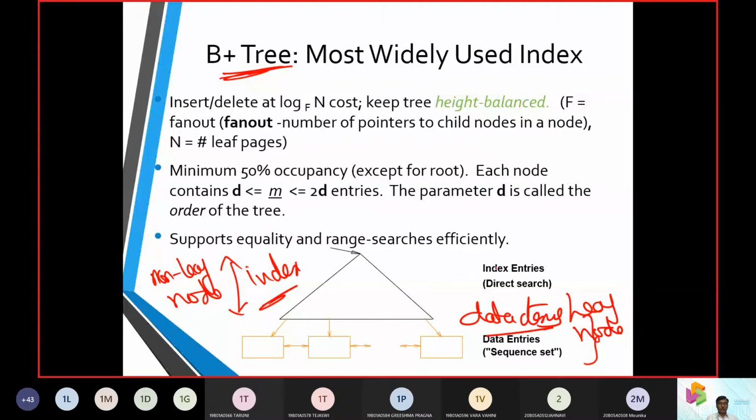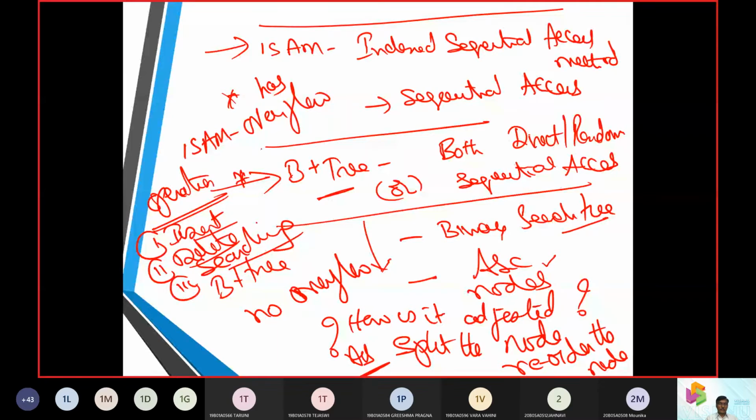So in a B plus tree, the non-leaf nodes point out the indexes, and the data items are at the leaf nodes. And we mentioned earlier, there is an overflow in ISAM, but there is no overflow in B plus tree.